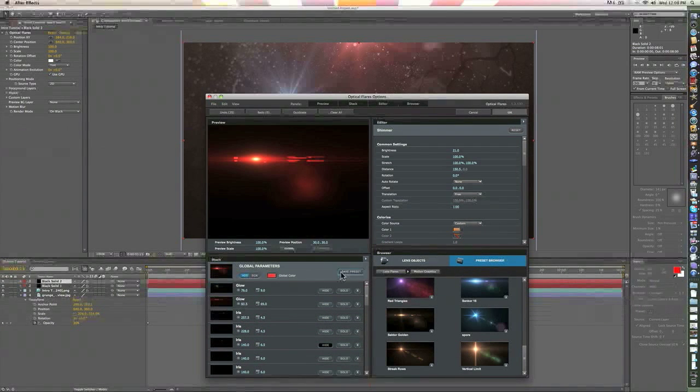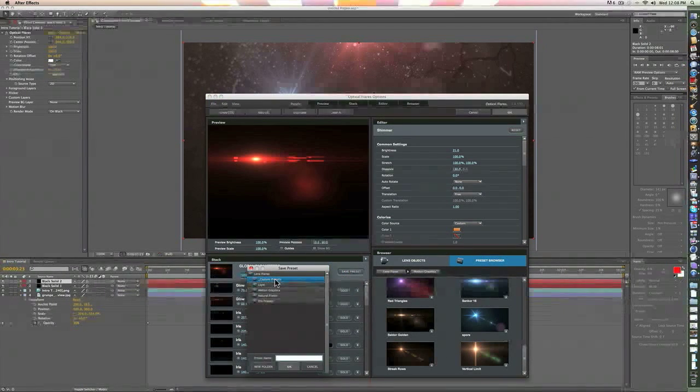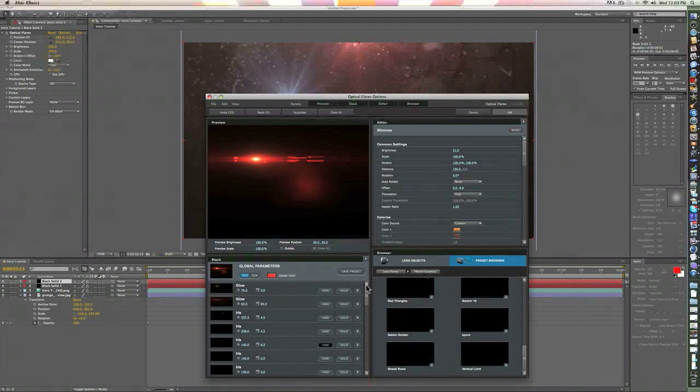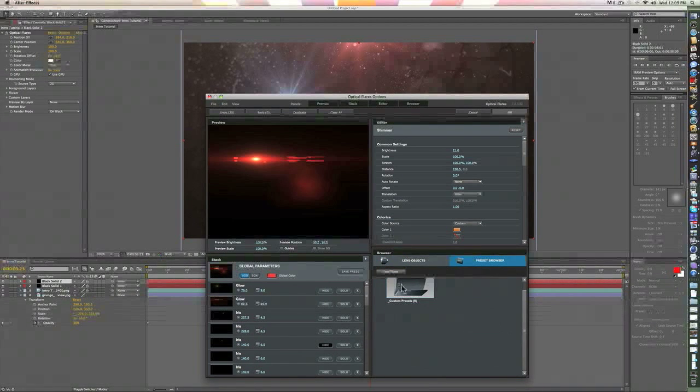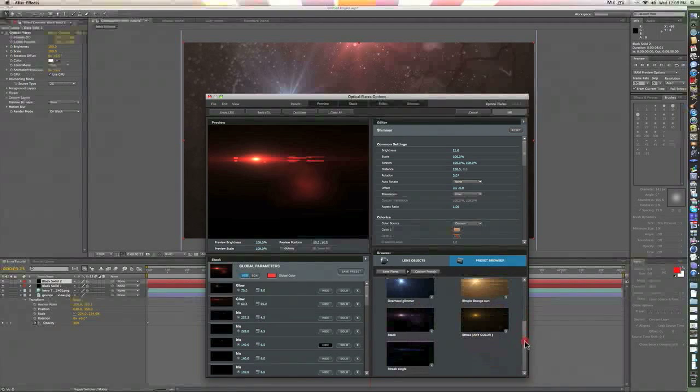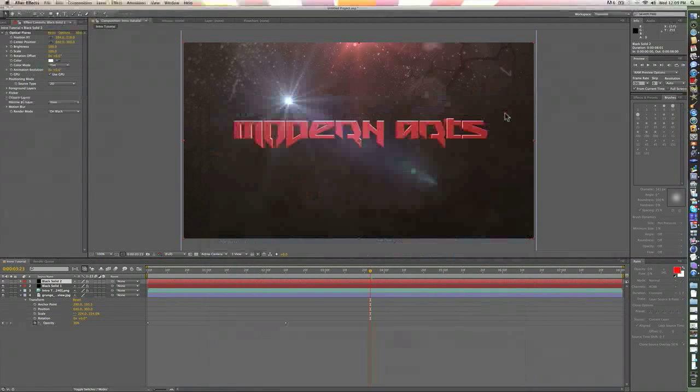And I'm just gonna save this as a preset. How to save a lens flare as a preset: you're gonna go save preset, and make sure it's in your custom presets. That's where I like to save it at least. And I'm just gonna call this laser because I think it kind of looks like a laser a little bit. And now, as you see, if you go to lens flares, custom presets, now I have yet another one. So I'm just gonna click OK,